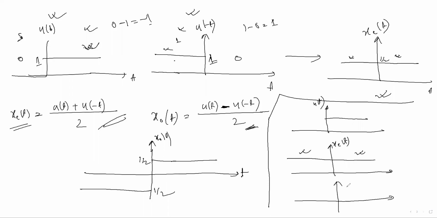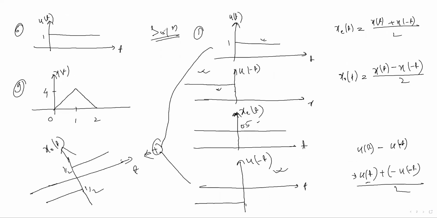Second concept, you can say how we can plot x naught t. Initially it is given like this, but I say that this part should come in the third quadrant, and you have to divide by half. Like that. Now you should know how to plot the even and odd signals with this concept only. With this formula you go and solve it step by step, and do question number 7 as homework.